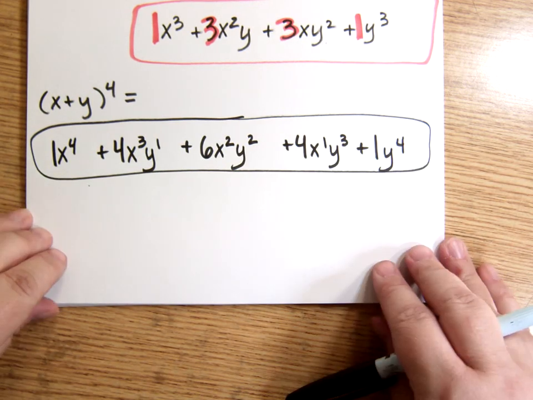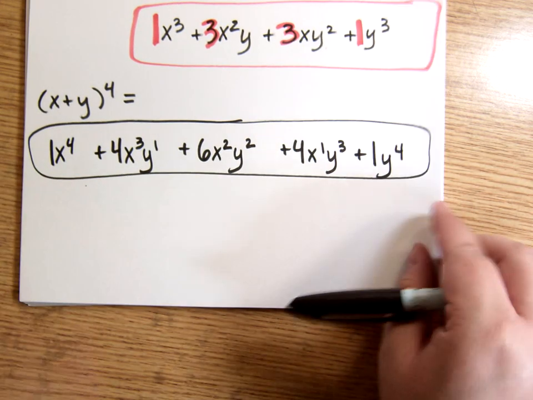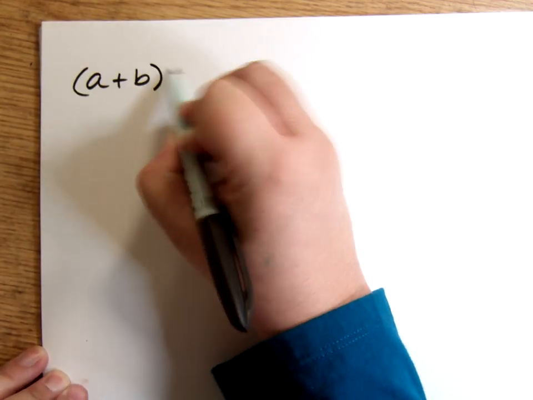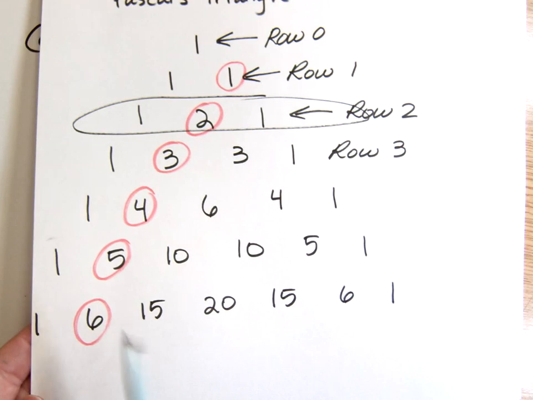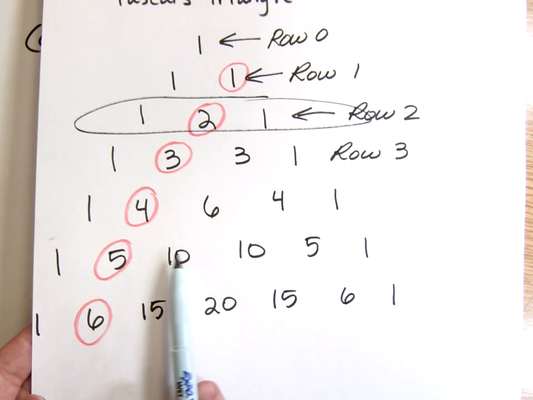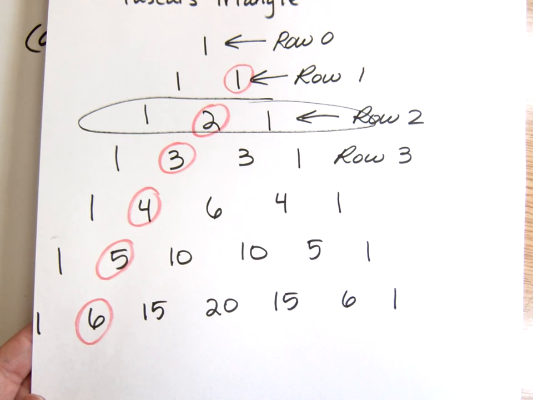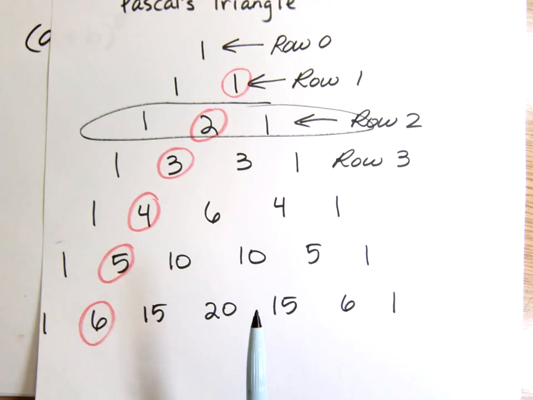All right, so let's look at x plus y to the 5th. Or let's change our variables. Let's use a plus b. A plus b to the 5th. Pull out our Pascal's triangle. We should expect the coefficients to be 1, 5, 10, 10, 5, 1. Interestingly enough, another interesting pattern,